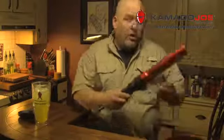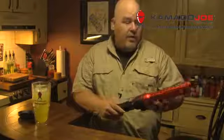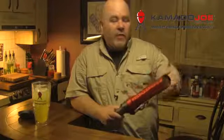I just got back from a trip to Atlanta this week to visit with the good folks down at Kamado Joe, and they've sent me home with one of their new products for 2014 to show you guys. This is called the Blow Lighter, and it's an electric fire starter that generates hot air. You hold this guy down to your charcoal in your firebox of the Kamado Joe, and it lights it up really quickly. I played with this thing a little bit today to get a feel for how it works,